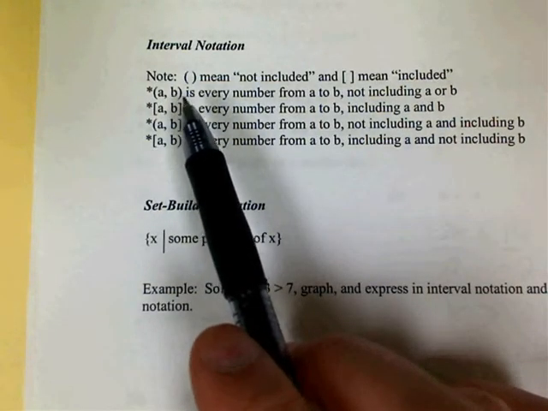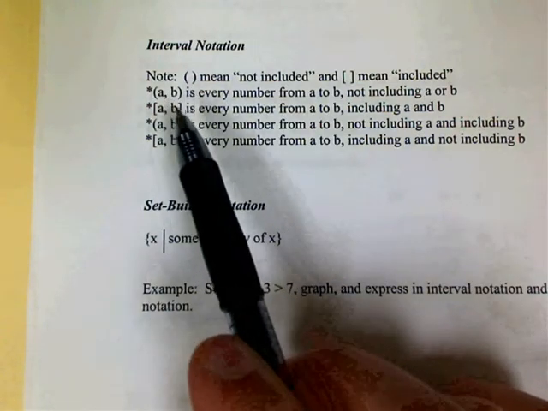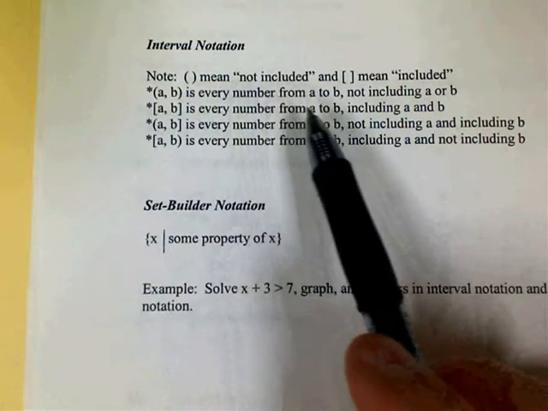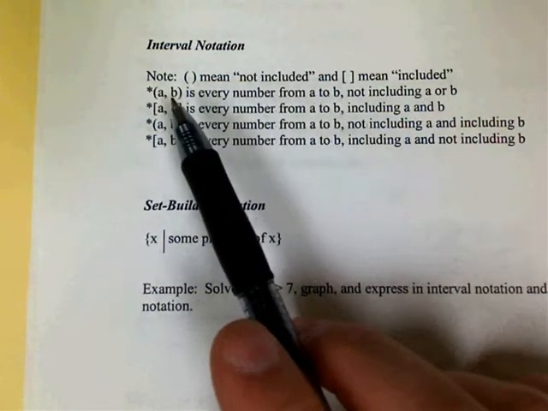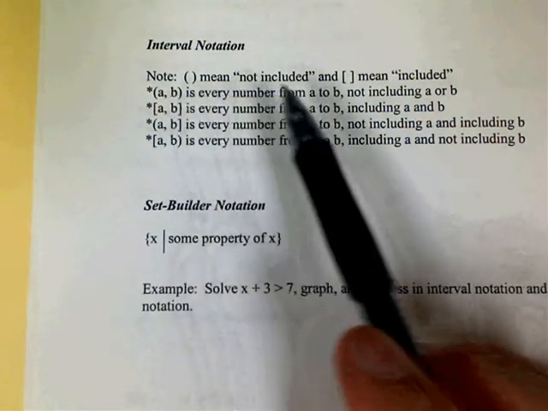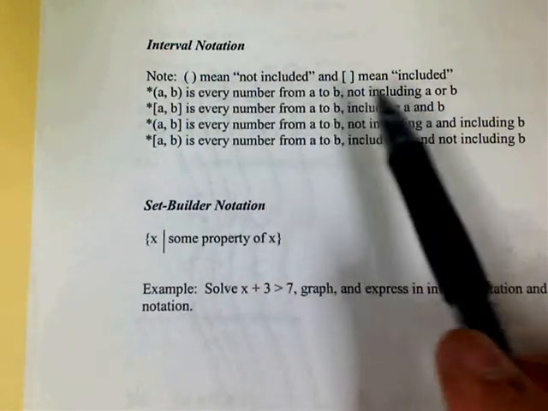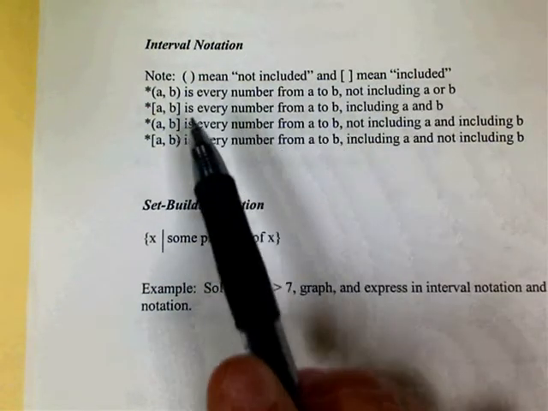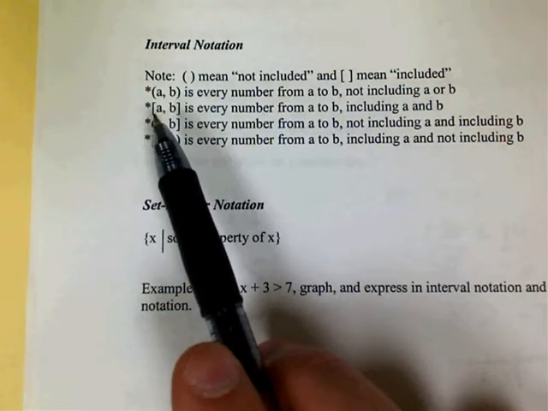If you see parentheses A comma B parentheses, what the A comma B means is every number from A to B. So the comma just means between A to B. Now, since I have parentheses, that means that neither A nor B is included. Now look at this one, with the bracket around the A and around the B, that means that both A